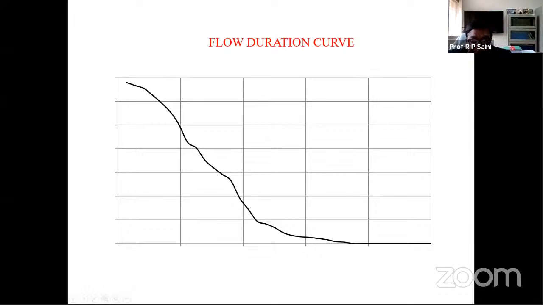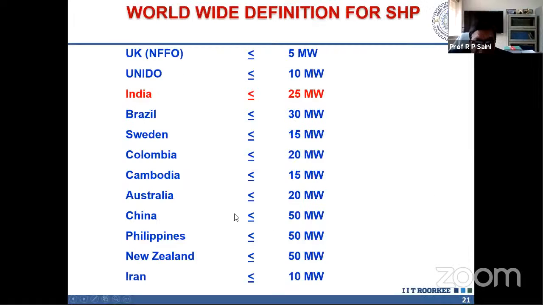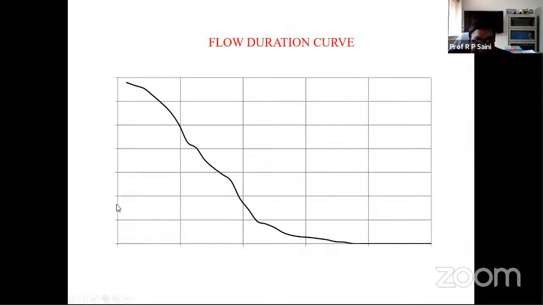Suppose this is 20, this is 40, this is 50, like this. So I think this is 40% here, just assuming that. So what is the value here? That will be the discharge. That means the design discharge for that capacity is based on experience. Otherwise, we have to take each and every value. You can also fix the plant capacity for the maximum discharge.